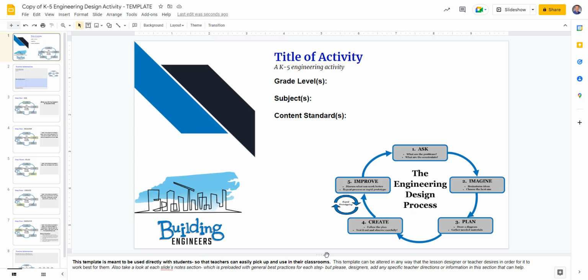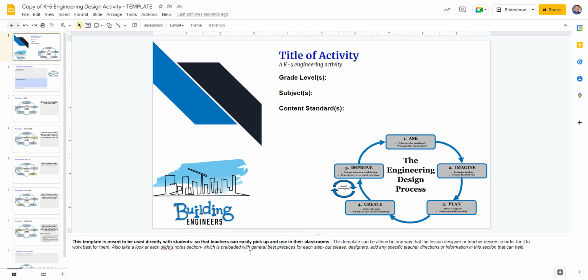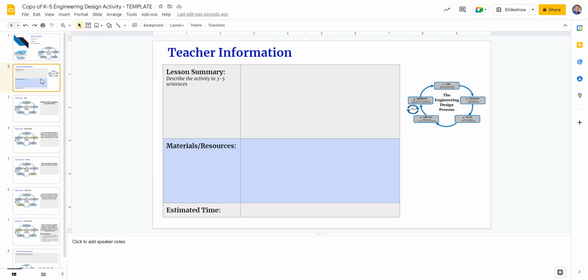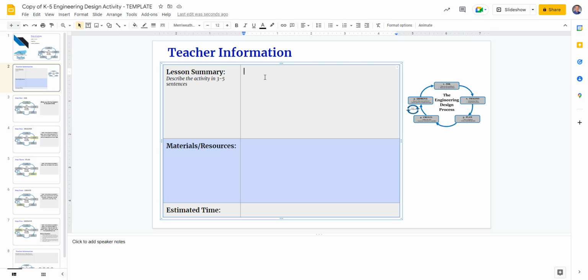You'll also notice on the bottom of each of these slides is some information for teachers and also for you. So talking about the template and how to use it, and on each slide you'll see there's a section here for more information. The second slide, this is for the teacher. So here's where you'll put your lesson summary, just a quick summary of 3 to 5 sentences of what the lesson is all about. Here you'll put any materials and resources that are needed, including any links to any handouts,